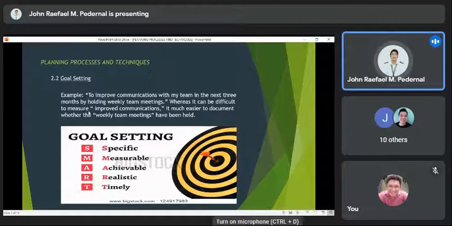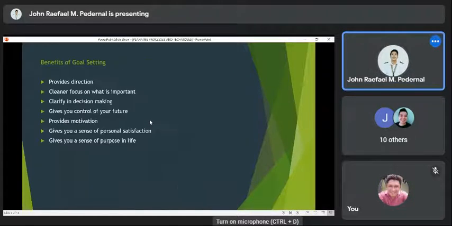may example po ako dito about sa goal setting. To improve communications with the team in the next 3 months by holding weekly team meetings, whereas improving communications can be difficult to measure, it is much easier to document whether the weekly team meetings have been held. So,